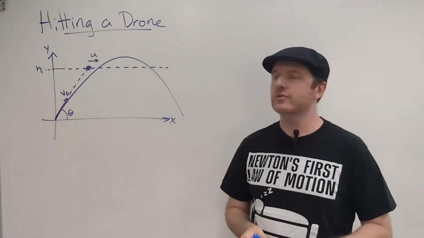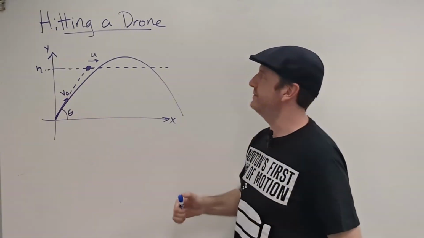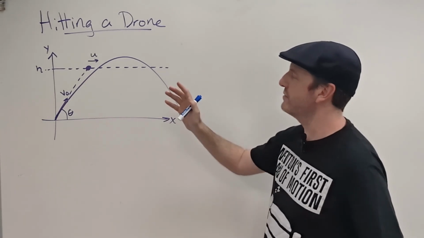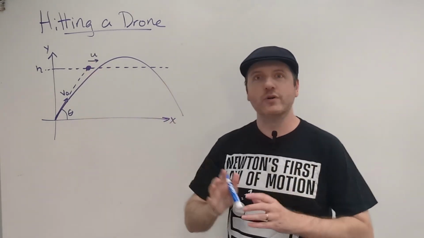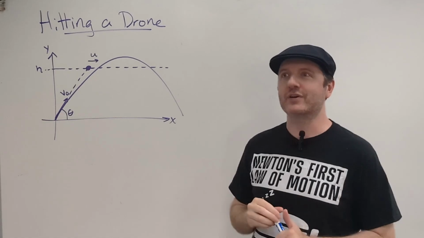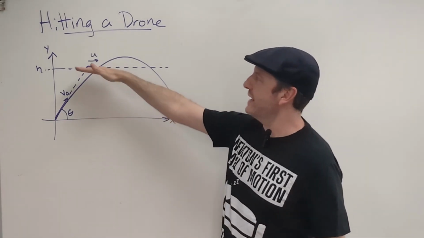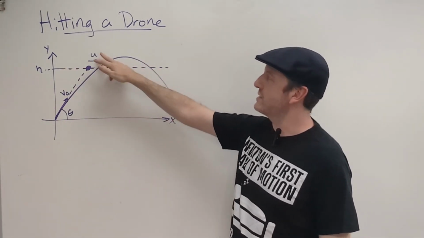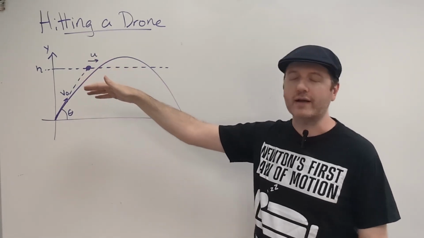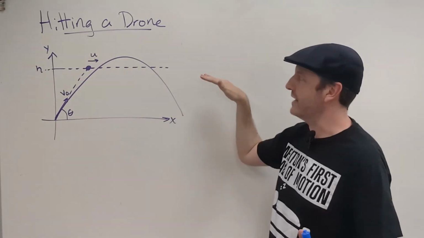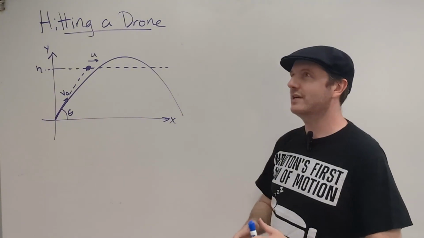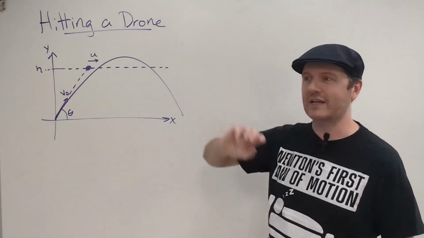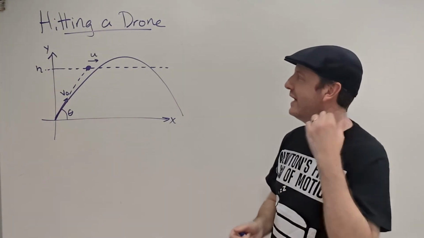Okay, so today I thought we'd do a kind of quick one here. Imagine that we have something like a drone or some object, I guess a bird if you're into hunting. Let's say it's moving along at some constant velocity u at a height h above the ground, and that's unchanged. And let's say someone's going to throw a rock or something, some projectile, a ballistic projectile, at this drone, but